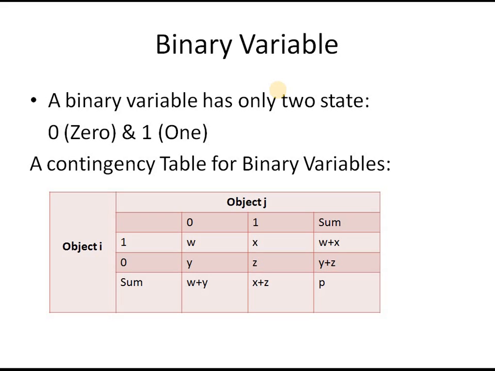So, how can we compute the dissimilarities between two binary variables? One approach involves computing a dissimilarity matrix from the given binary data. If all binary variables are thought of as having the same weight, we have the 2 by 2 contingency table